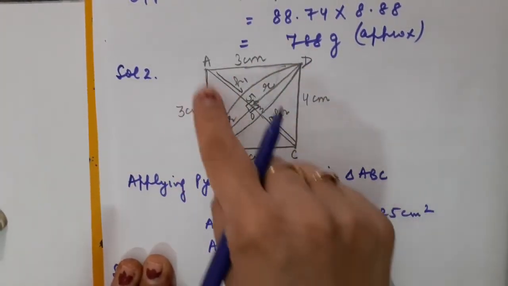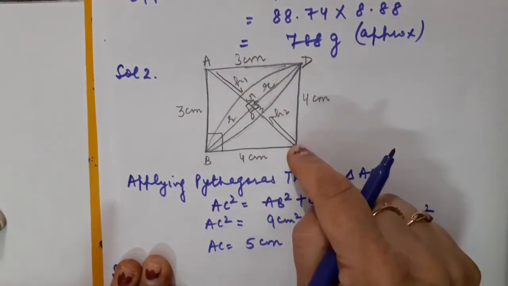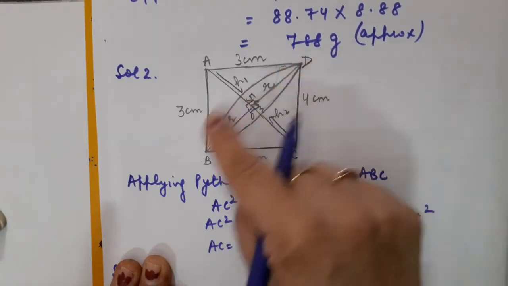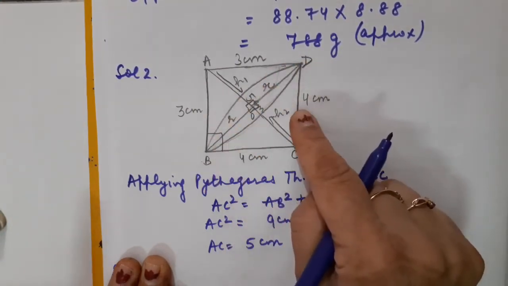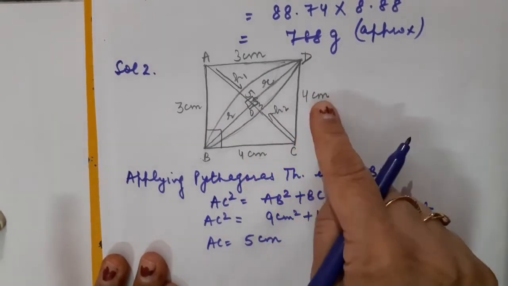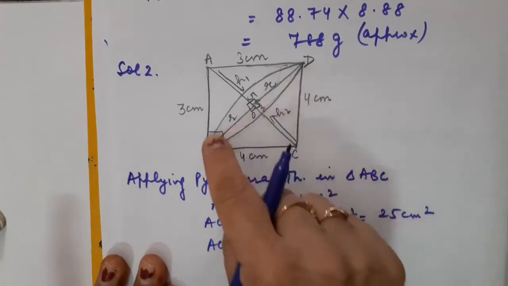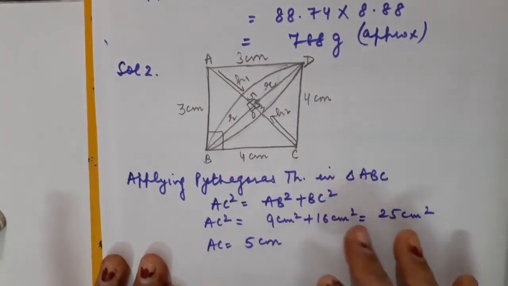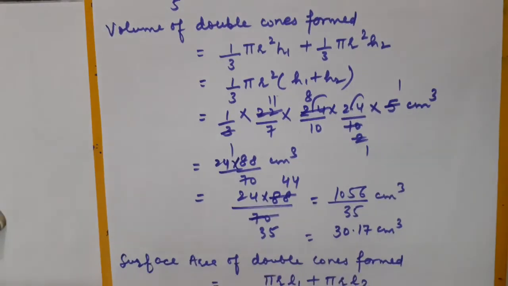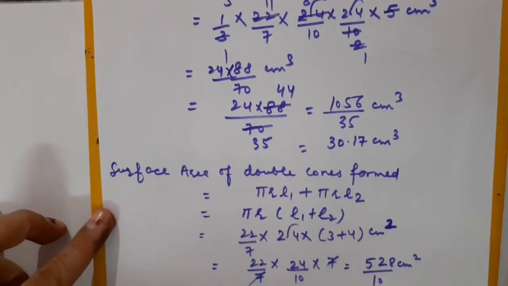That you have observed now, children. This will be the slant height. The height can be varied of both the cones formed, but the radius would be the same because their circular base is the same. Okay, fine. So here the slant height is 4 centimeter for the lower cone, you can see, and for the upper cone it is 3 centimeter. Just insert and substitute the values over here in the given formula and get the result.